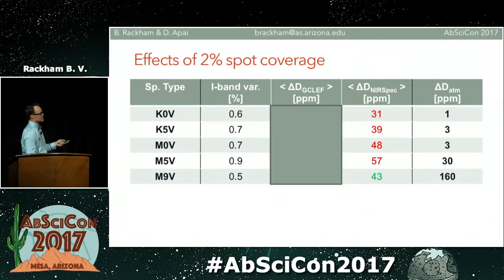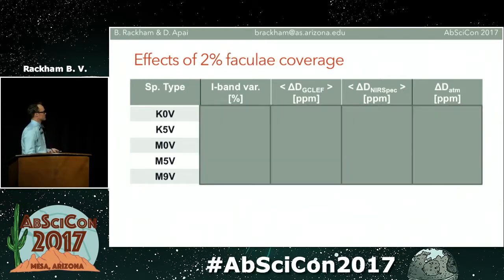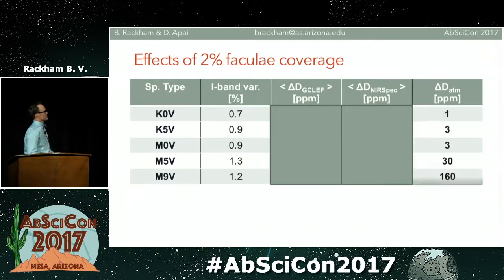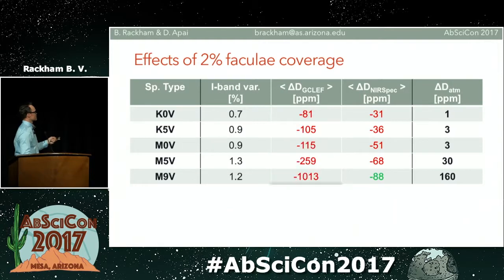In the near infrared, the stellar signal that corresponds to these variabilities is much larger than the planetary signal for all but the latest M dwarfs. And in the optical, the stellar signal is always larger. The picture is the same for faculae, but with opposite signs, and the effect's a little bit larger because I'm again just assuming 2% coverage, not scaling for the